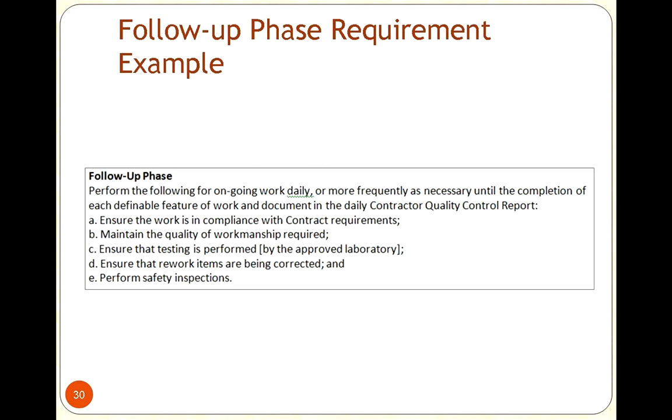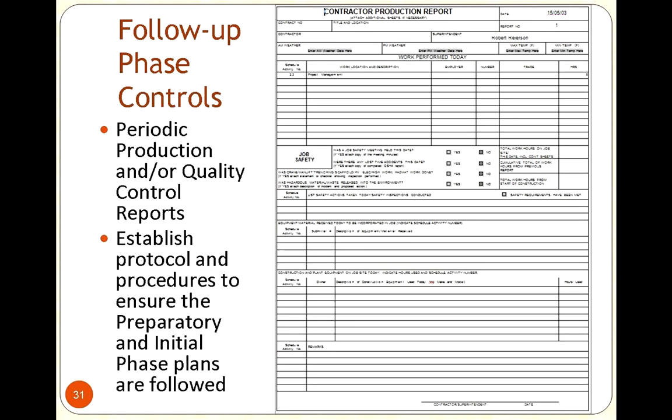Some of the other things we would do is say we want to make sure that this is documented, that we are going to be documenting it. So we actually put that in the contract. That says, essentially, we're going to perform the following work. We're going to inspect it. We're going to document it. We're going to put it in a report, and this is why. We're making sure that all of the ducks are in a row and everything's running nice and smooth. And then we would say we want some kind of a report from the contractor. Some people call it a daily production report, a contractor report.